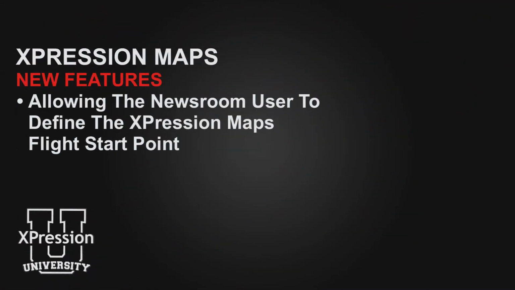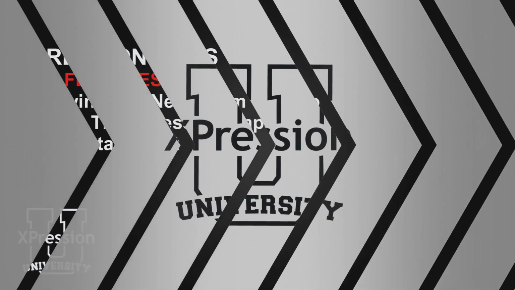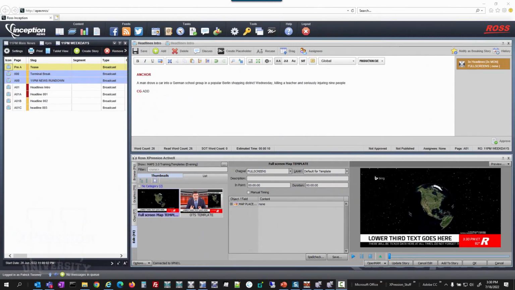I'd like to show you a new feature in the XPression Maps MOS workflow, the ability for the newsroom user to define the starting flight point. So here I am in my Inception newsroom system, and I've got my XPression plugin open, and what I want to do is create a map that shows a flight from, let's say, Chicago to Spokane, Washington. So I'm going to go in and do my Maps tool, so I'm going to go to OpenMap, and